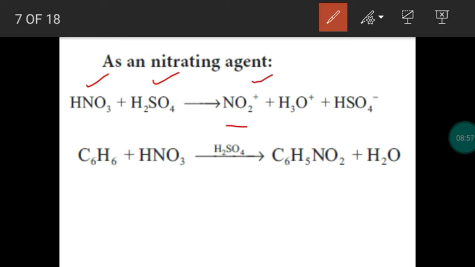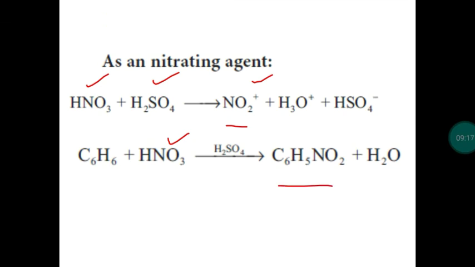So we take concentrated nitric acid and sulfuric acid, and we get the electrophile, the nitronium ion. So what is the role of nitric acid here? It provides the nitronium ion. The electrophile is produced by the nitrating mixture. So when the nitrating mixture is added to benzene, hydrogen is replaced by the electrophile NO2+. So we get nitrobenzene. Three more questions: prove that nitric acid is a nitrating agent.